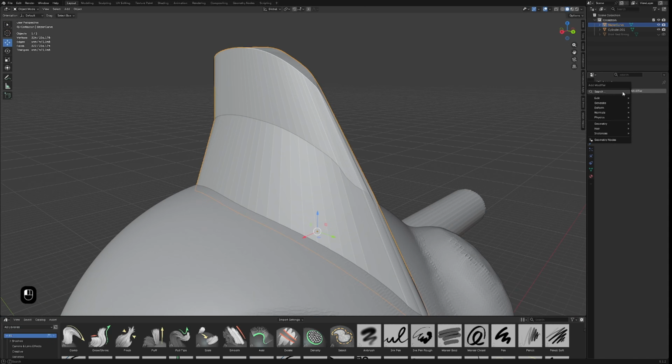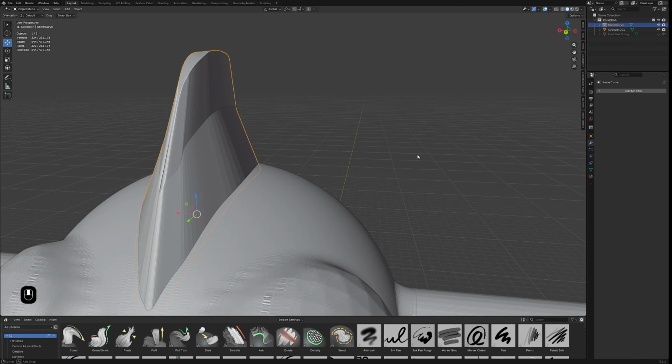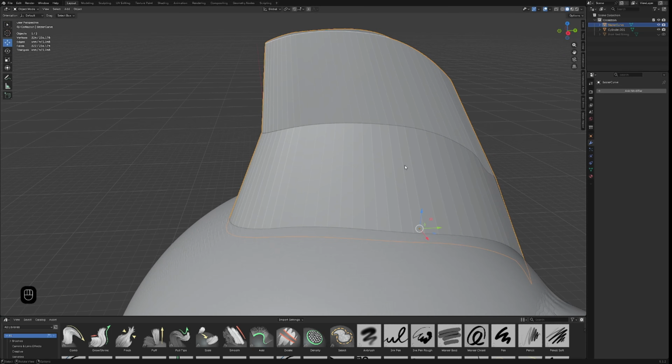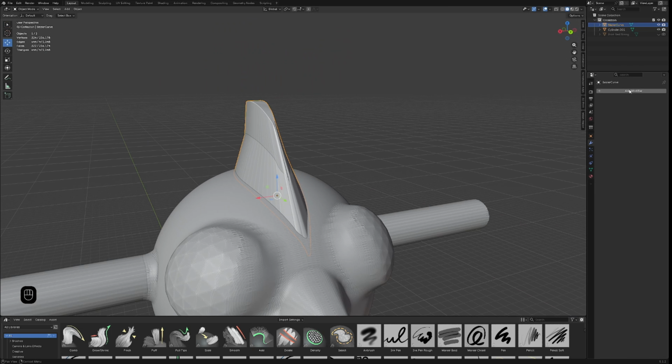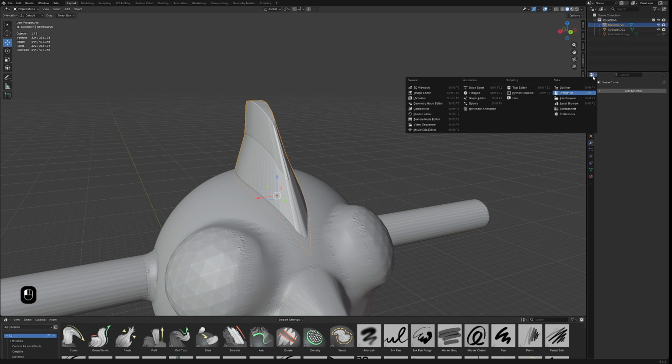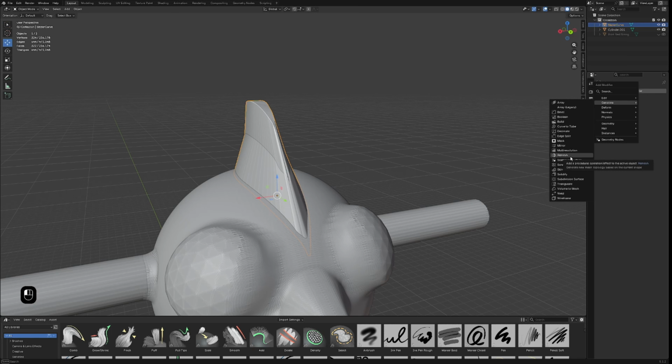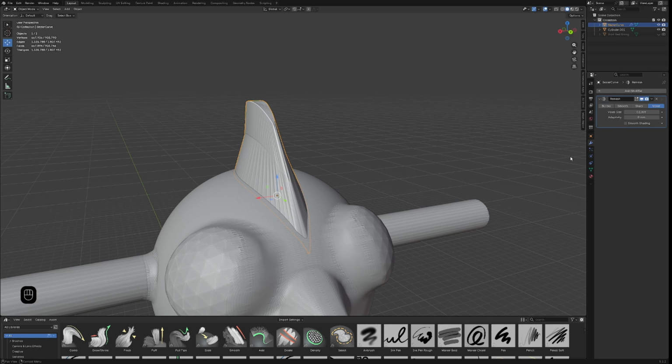Now, if you really want to smooth it down, that's why we're going to go into the modifiers, and now I'm going to show you the modifier things that you can do to fix the thing. It's not a perfect fix, but it'll do. So, go to Add Modifier on the side. You'll be inside of your Properties viewport, and it's this tiny blue wrench. Go to Generate, Remesh, click,